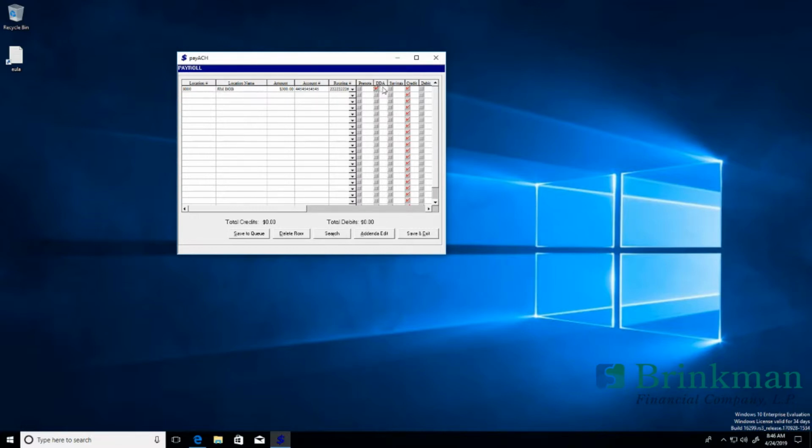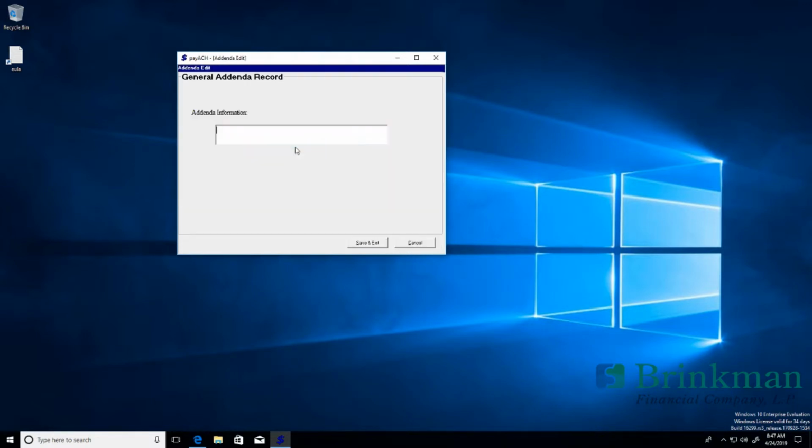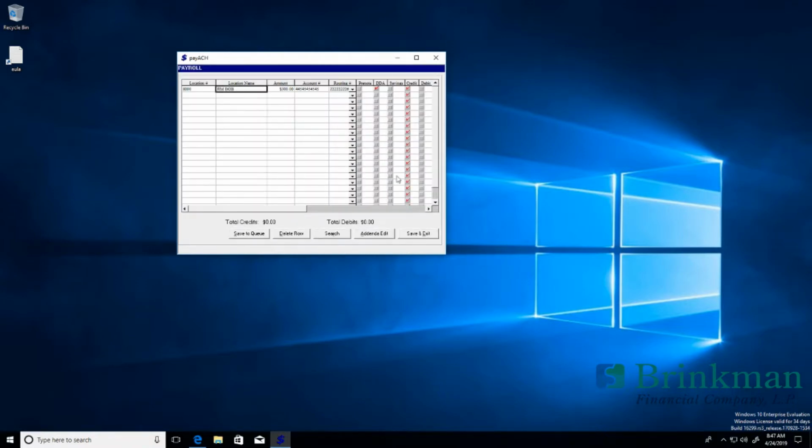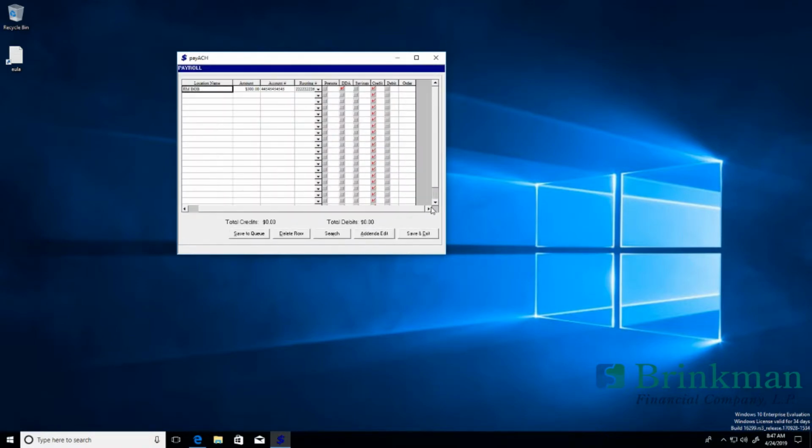We do need to say if it's a DDA, meaning checking, or if it's a savings account. We also have the ability to right-click on this record and do an addenda edit and provide the 80 characters extra of the addenda record if we wanted to. So 80 characters of description. Save and exit. If we scroll to the right, we do have an order column, and really what that is